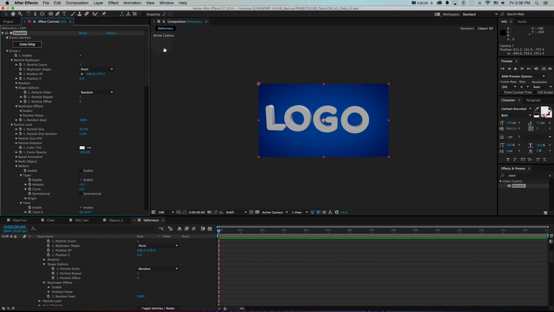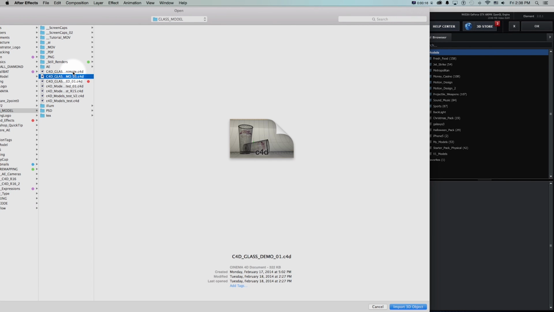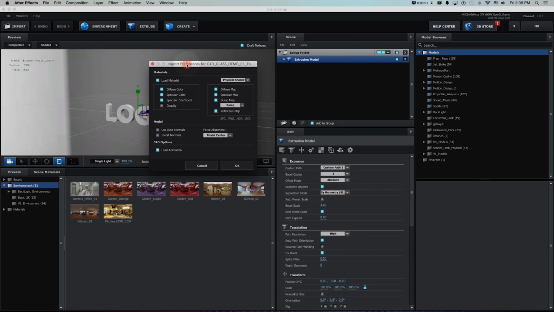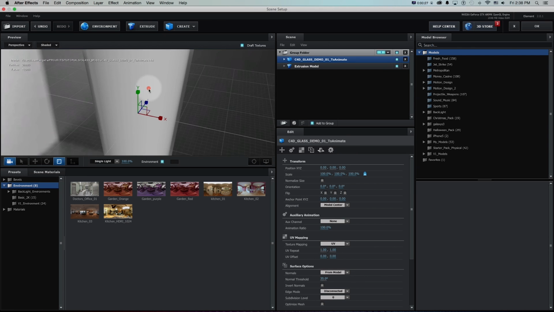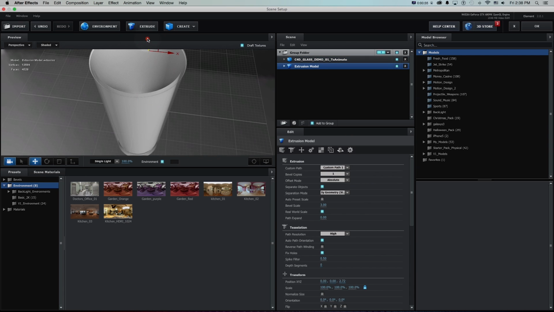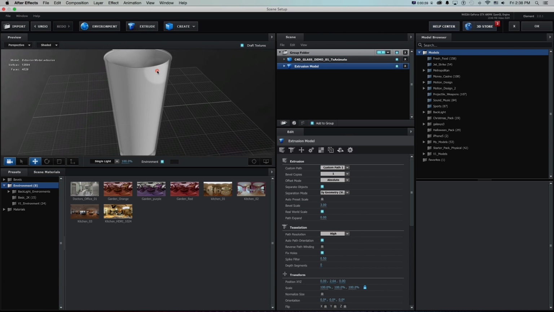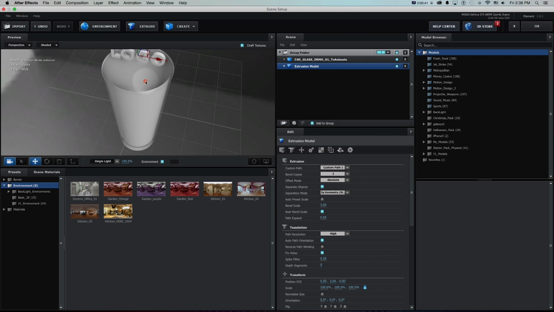And speaking of Cinema 4D, I know I'm already at number 5, but one of the things I'm also really excited about is not just importing 3D models, but you can also grab Cinema 4D models and materials and import them directly, and it allows you to import the materials, animations, and lots of stuff straight into Element 3D. So here's this glass model I made with the word logo sitting in it now. And you can bring Cinema 4D models straight into Element 3D,